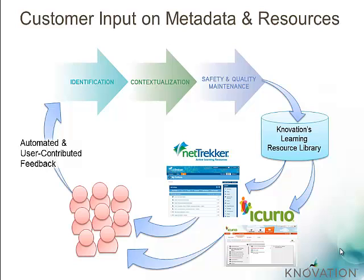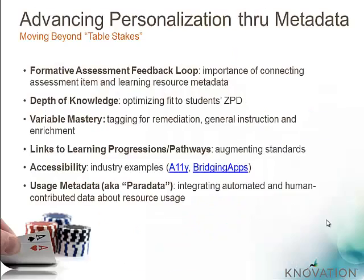And our applications don't just deliver the resources, they actually capture information as users engage with the learning resources, as they find, save, rate, and organize them. We use automated log data from the feedback in our ongoing maintenance process. In addition, we take input directly from users within the product, recommendations on quality of resources, and particular topics they're interested in, often performing content concierge services for districts who are looking for unique topics, units, lessons that meet their unique needs. Although Novation has been contextualizing resources for over 14 years, there's still great room for growth in building